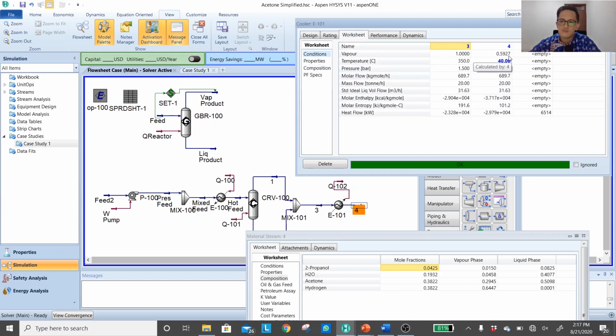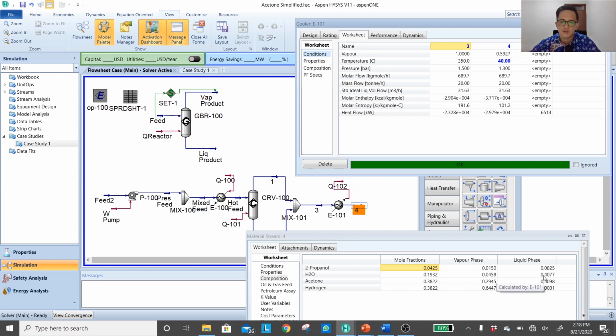At 40 degrees C, 59% of them will be in vapor phase, and the vapor will contain about 65% hydrogen, while the acetone is still very high, close to 30%, and we even have around 5% of water. The liquid that will be sent to the distillation column will have roughly 51% of acetone